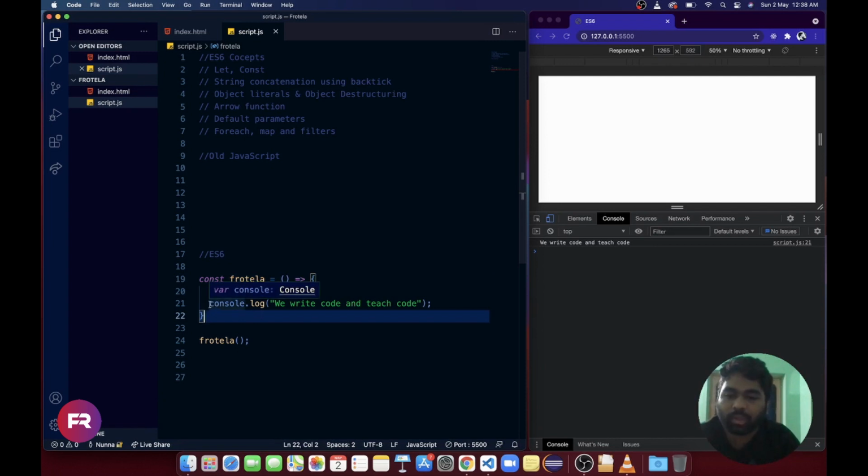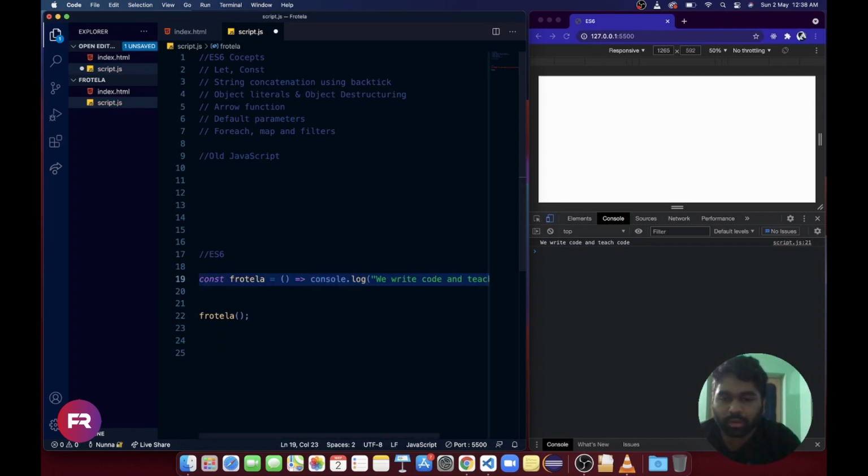If we are writing only one line in the function, we can remove the curly brackets also and keep it here. Now if I run, my output will be the same. This is so simple, right? Instead of writing function and curly brackets, it's simpler to write.